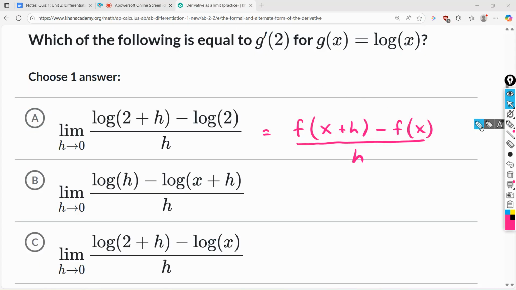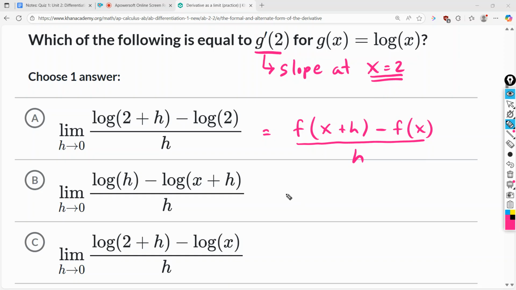Now, how do we find x? Well, that's actually very easy. Right here, we're looking to find g prime of 2, okay? And this just means the slope at x equals 2. All right? So since we're looking to find the slope at x equals 2, all we have to do is